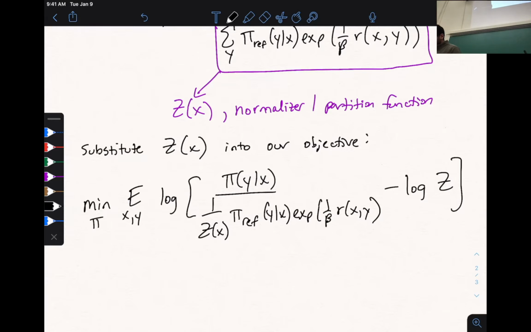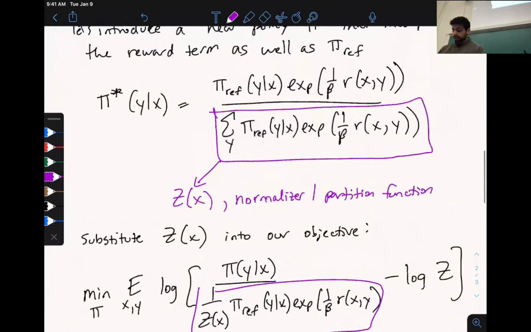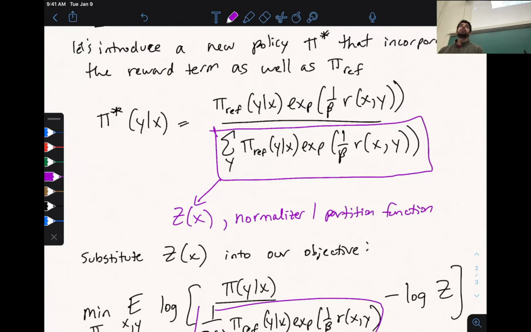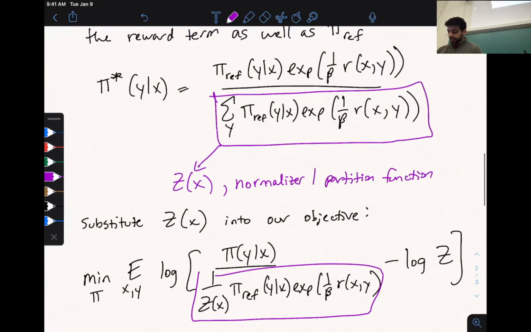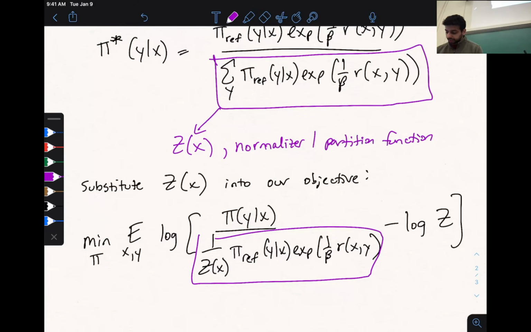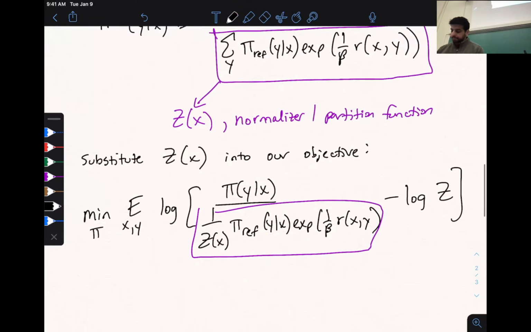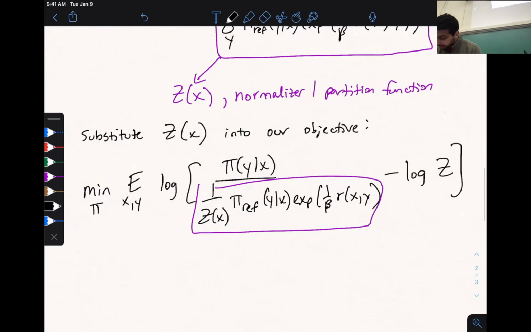So now, if you take a look at this term right here, we can just rewrite this as our policy pi star y over x, right? It is equivalent to that. So by introducing this z of x in this way, we can rewrite this as